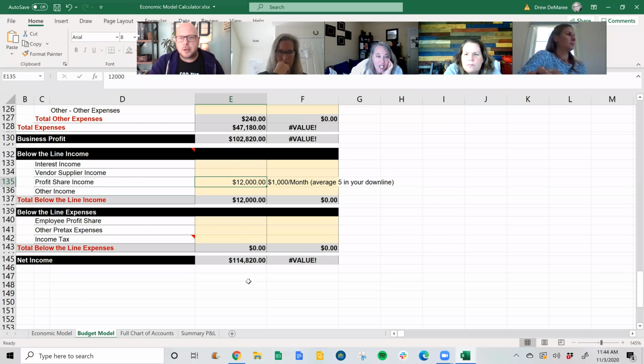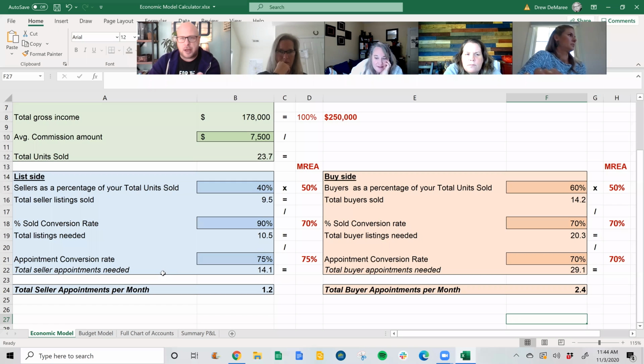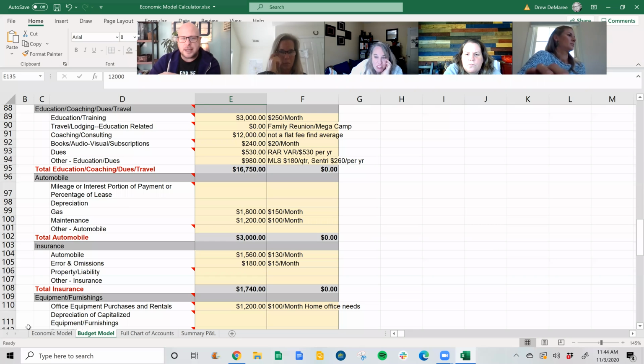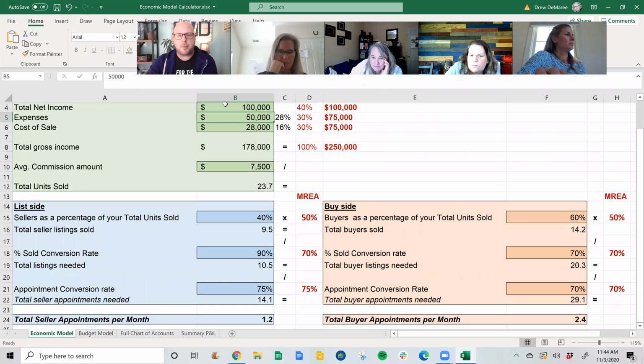See how that works? So you have to do the budget model in order to do the economic model correctly. Because this number, 50,000, came from the budget model. And if you don't do that exercise, this somewhat is not going to help you. Let's see what these numbers end up with if you change this to